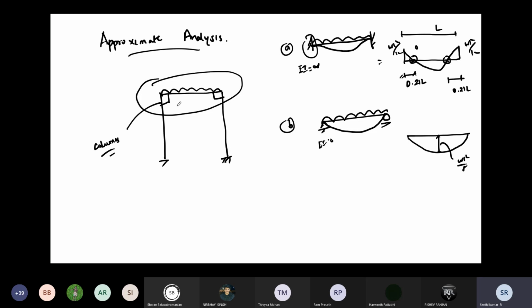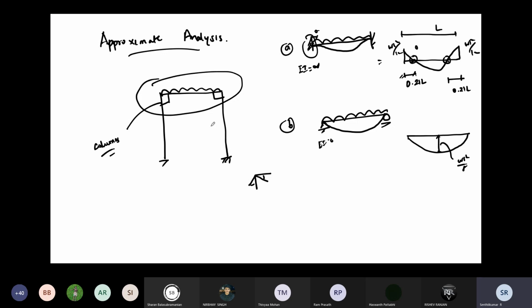But what about this column? The column won't allow the rotation, that means it won't allow full rotation. But it also can't have that much rigidity. What will happen? It will maintain 90 degrees, but the joint itself will try to rotate, like this. Yes or no? So some rotation will be there in your joint when you have columns. But if you put your beam in a rigid wall, you can say it is a fixed support. And if you provide just a pin connection in your beam to column, you can say that is a pinned support.